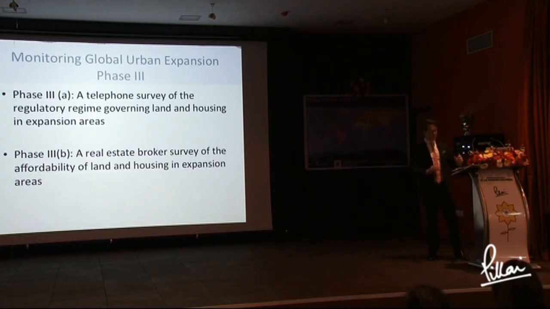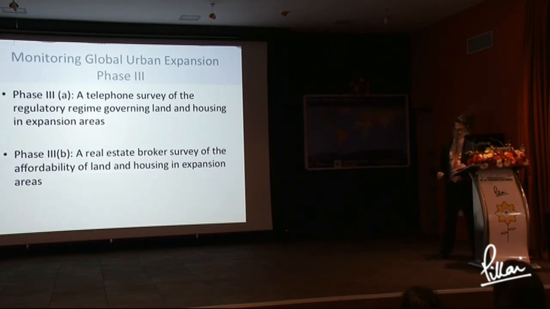And it's a tremendous opportunity because it will be the first time ever that a global land and house price survey has been conducted, which means it will be the first time ever that we can actually make a definitive statement about how affordable housing is in cities around the world. So the great thing about this is because we're using the same 200 city sample, we can correlate this with the information from the regulation survey and also with the information that we're producing here at the observatory, and we can make conclusive statements about the impact of planning before people occupy the land, and also about the impact of urban policies on the affordability of land and housing. This is something that we're hoping to do.